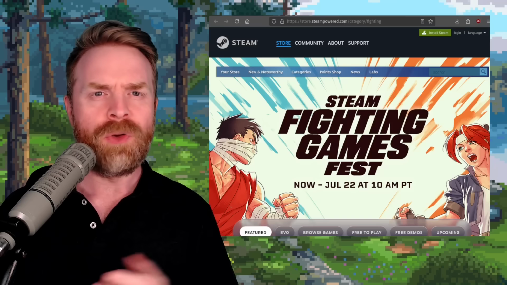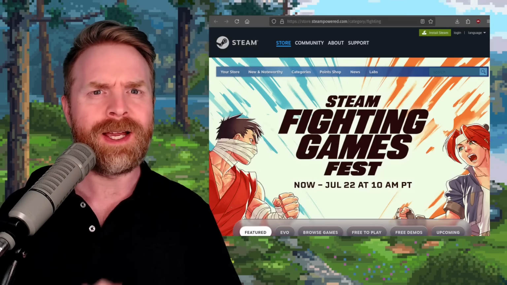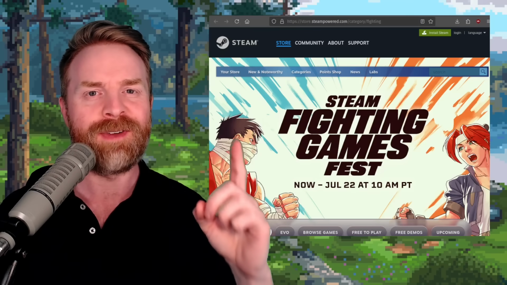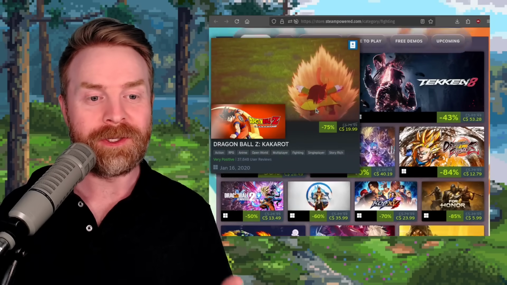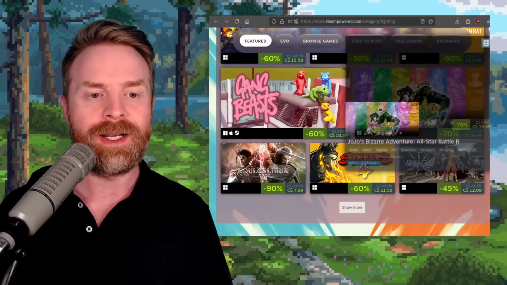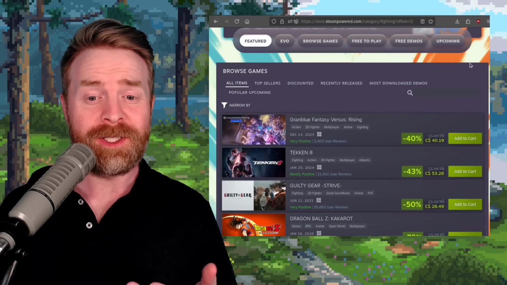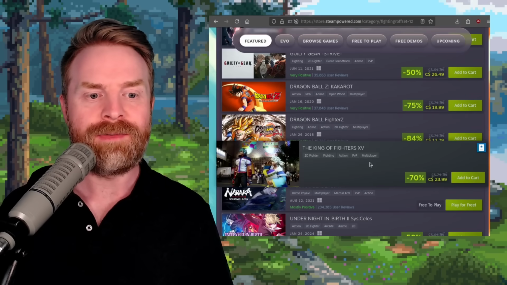more games. Moving on, and we're talking about Steam, and this is arguably one of the best times of the year if you're a fighting games fan, because it's the Steam Fighting Games Fest. Right now, there's a whole bunch of good sales on a whole bunch of real good fighting games, traditional fighting games, less traditional, and even more. And there are some exceptionally good deals here, like Guilty Gear Strive and Dragon Ball FighterZ, King of Fighters 15,